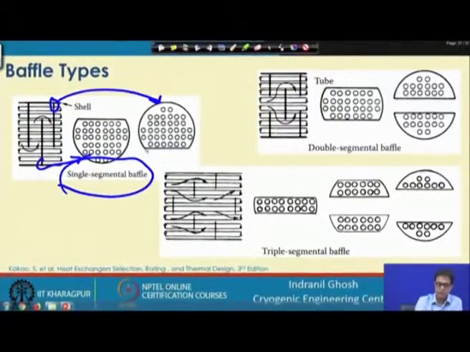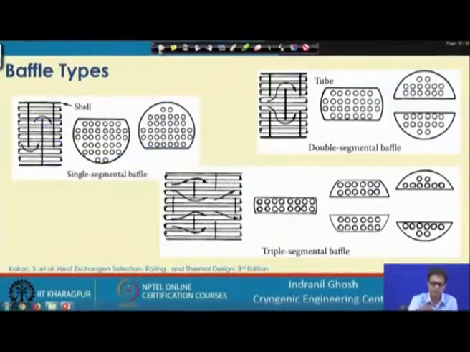About 30 to 35% of it is cut, and if that cut portion is on this side, the next immediate successive one will be on the opposite end of it. So, that is how the single segmented baffle is used,